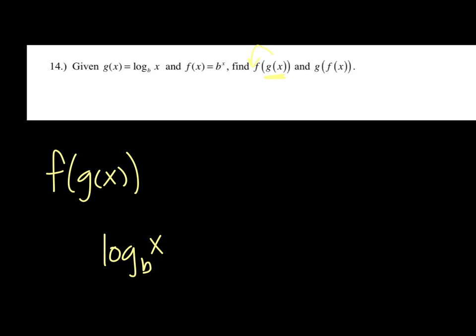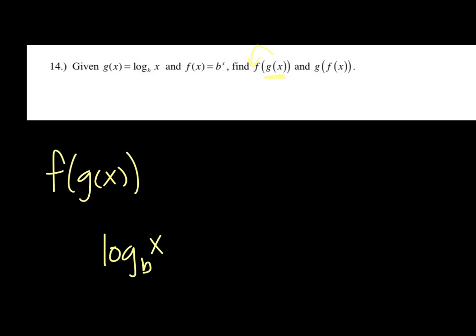Now this one's not tricky, number 14. It gives you two functions, one that's exponential and one that is a log. So your g function is a log function, log base b of x. And your f function is b to the power of x, so that's our exponential. Now it says find f of g and g of f. So the first thing it wants us to do is plug the log into the exponential. So f of g, we're going to plug the log base b of x, that's our g, into